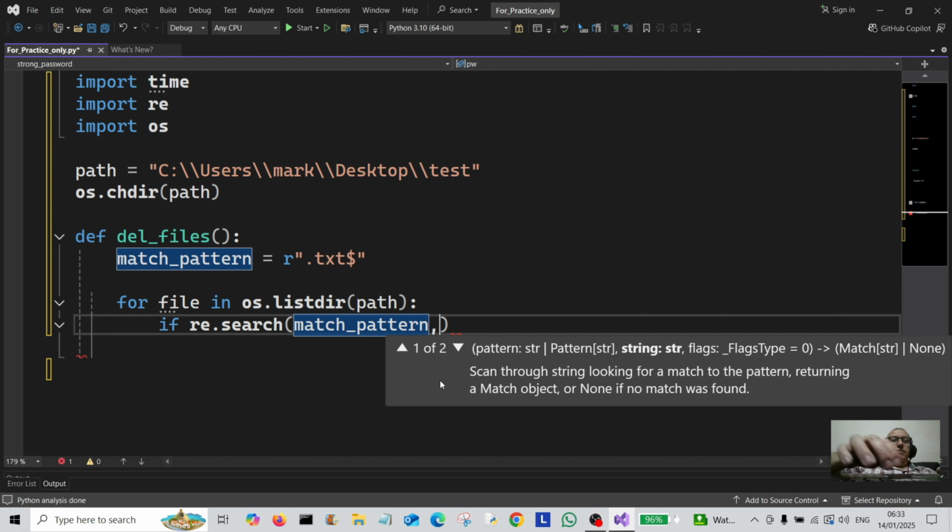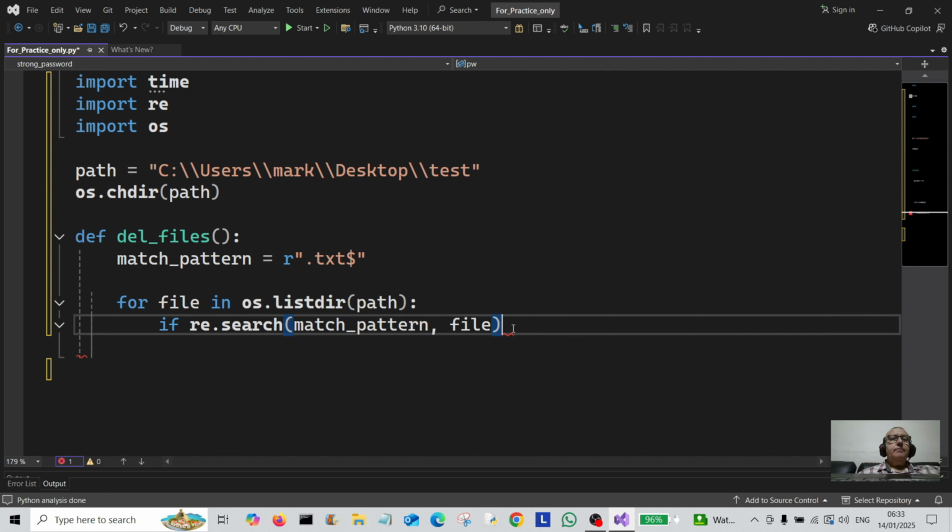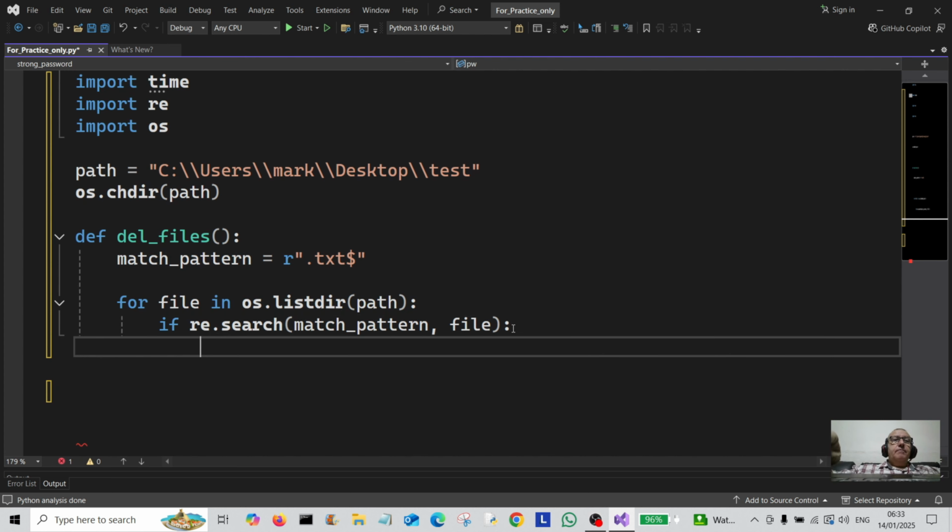And then we do file, because the file will iterate over all the files in there. If we find any of those kind of files that match .txt endings, then we're going to do